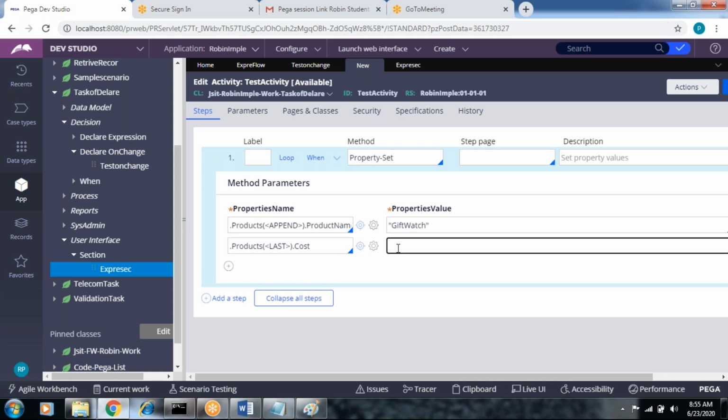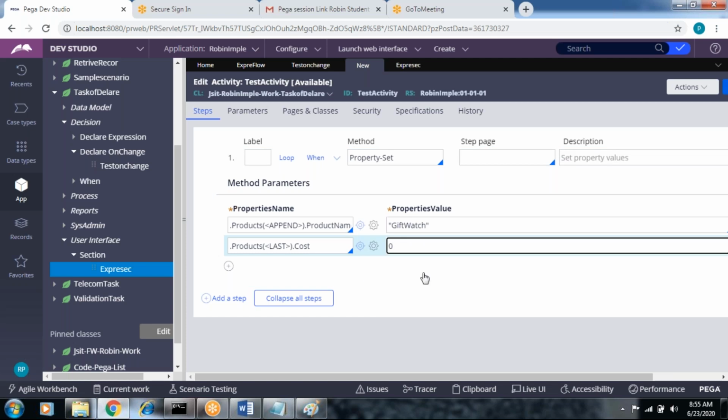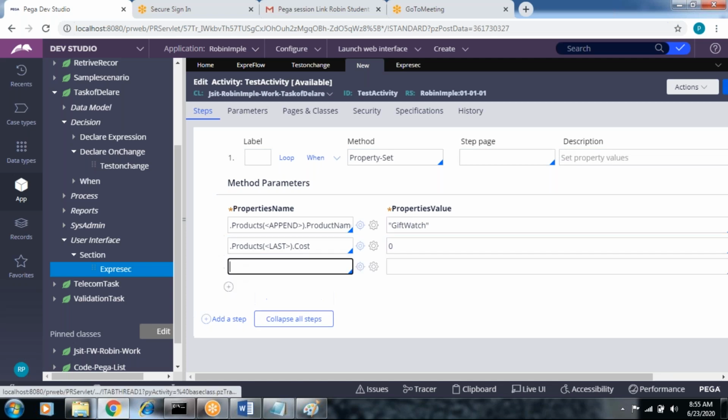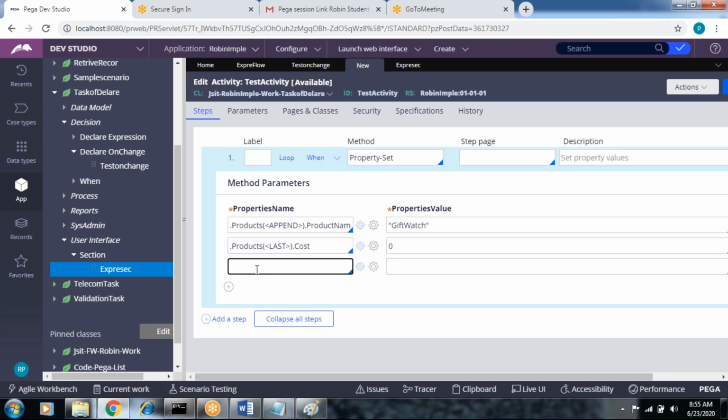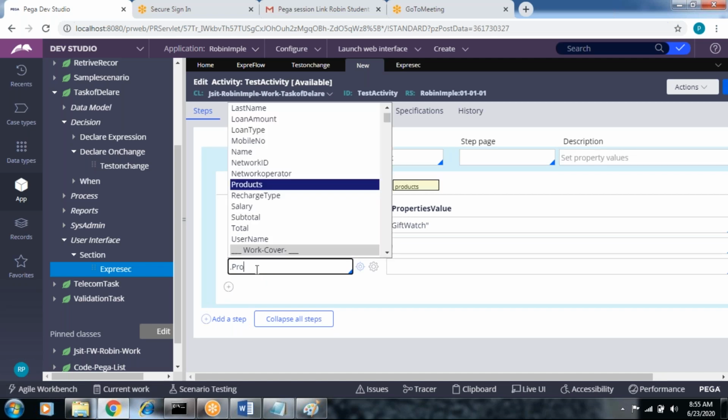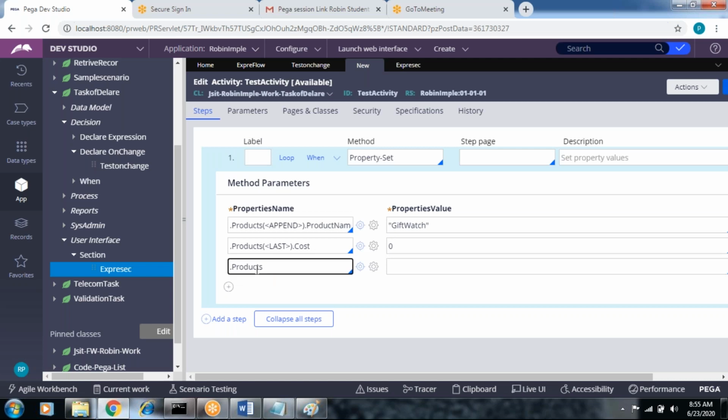So the cost is the cost value, 0 or any cost value, just add some amount here. Otherwise 0. Again, page list, open the bracket, the function symbol, again last, then close the page list, then quantity.